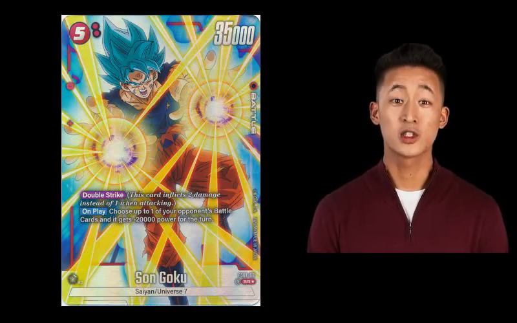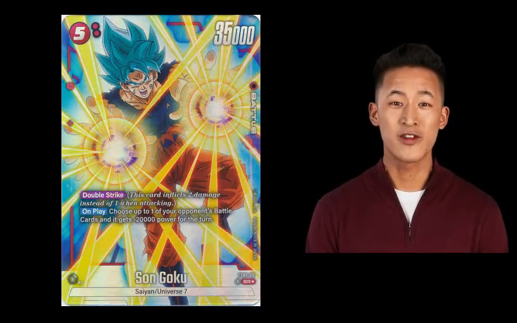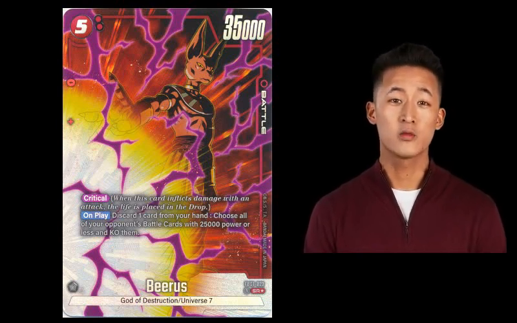Plus, its minus 20,000 power reduction is fantastic for clearing big threats or weakening blockers. A must-have for finishing games strong. 2. Beerus. I run 1 copy of Beerus, also with a massive 35,000 attack power, and he comes with 2